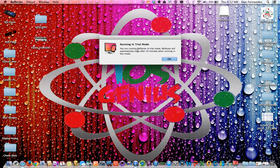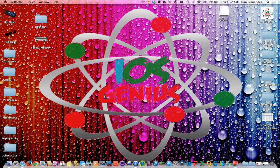Now it says running in trial mode. You are running the Reflector in trial mode. Reflector will automatically close after 10 minutes when running in this mode. So here we go. So we're going to hit OK. We're going to go ahead and pick up my iPhone 5 here, and I'm going to slide it over. Let me make sure there's audio here. I'm going to hit settings, and then I'm going to go to